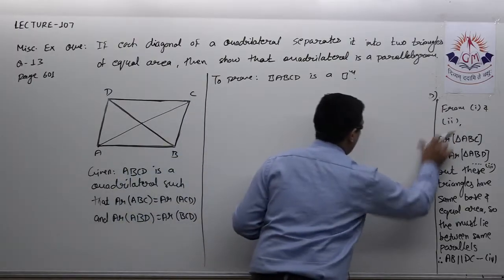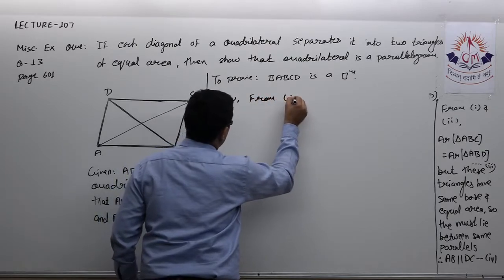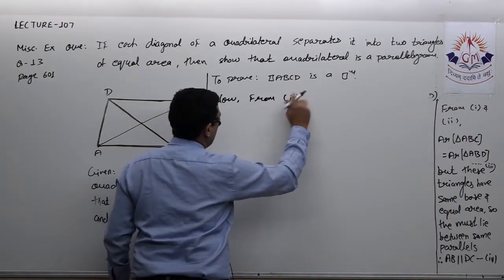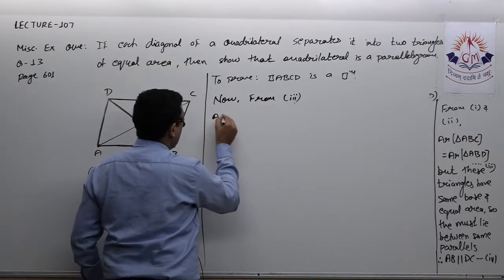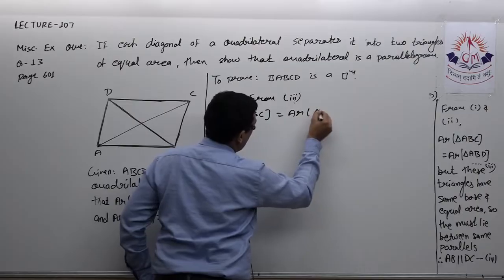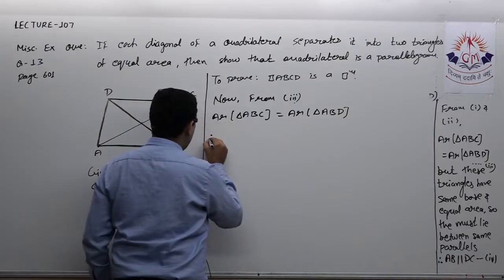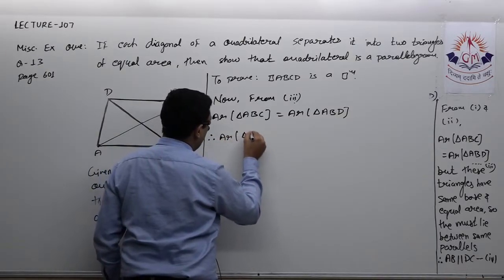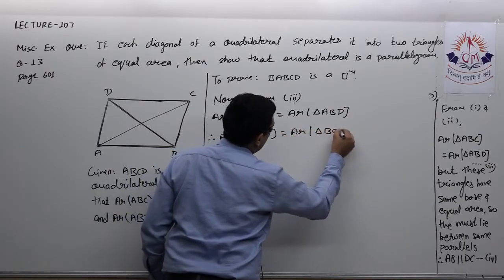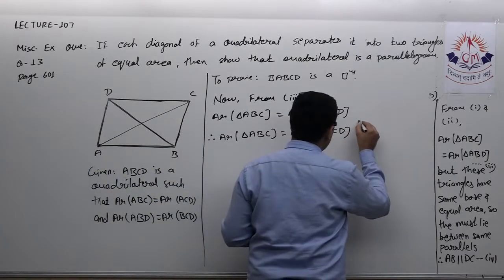Now from third, this I took as the third equation. From third, area of triangle ABC is equal to area of triangle ABD. Therefore, I can write area of triangle ABC is equal to area of triangle BCD, because ABD is equal to BCD, given. Here I can write that reason,